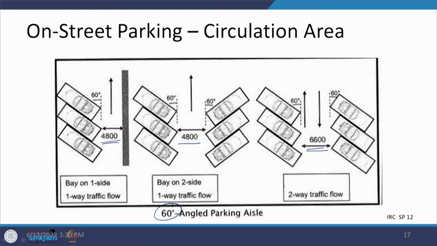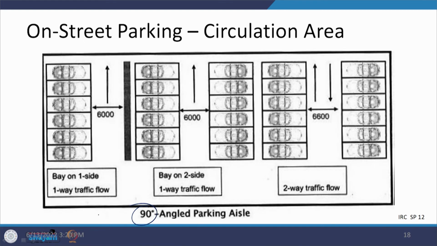Now, one other thing is that when the vehicles are coming from this side, they go into the parking like this, and when one has to come back, it will come back and then go straight like in this form. But when you are talking about two way, this vehicle comes from here and gets into it, or this comes back here and goes in. Similarly, the vehicle comes here and then comes out and goes in this form. So, the circulation spaces are required because of these types of maneuverability or movements during parking or unparking of the vehicles. This is for a 90-degree condition.